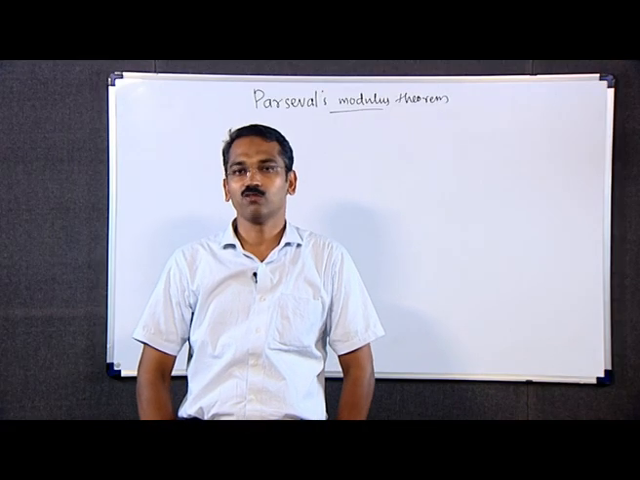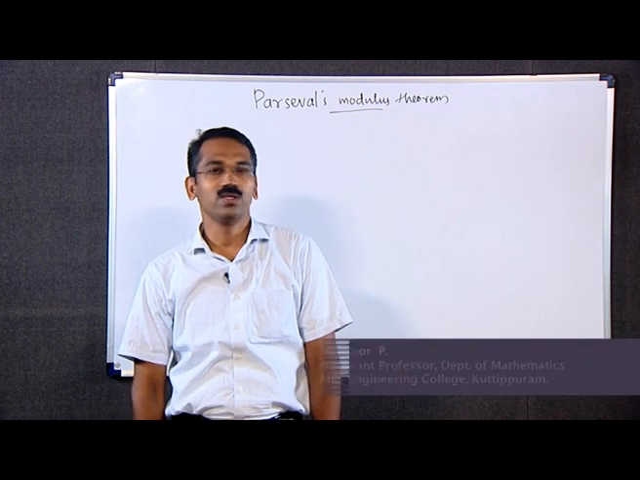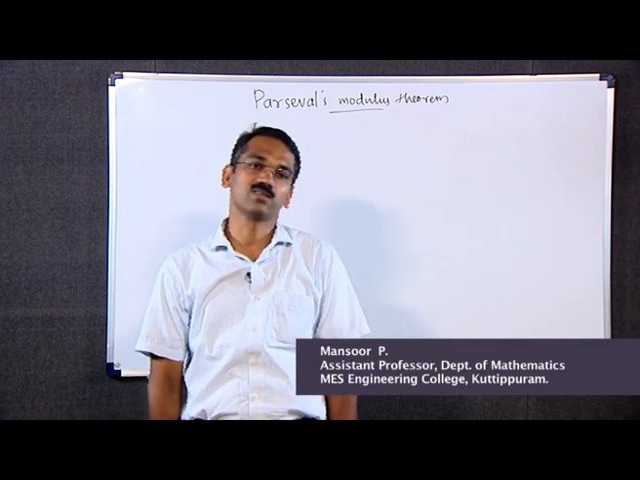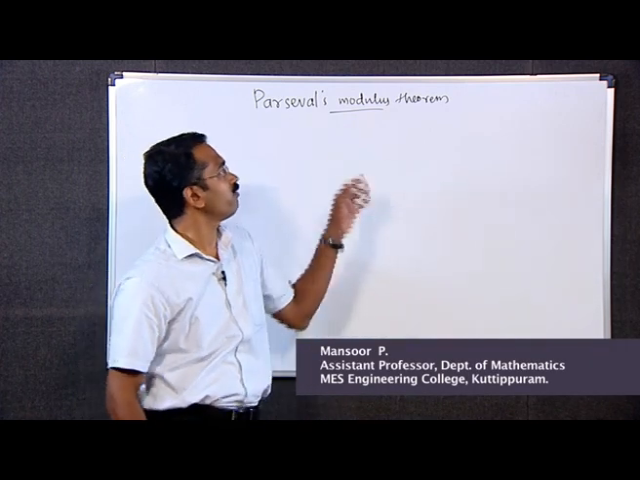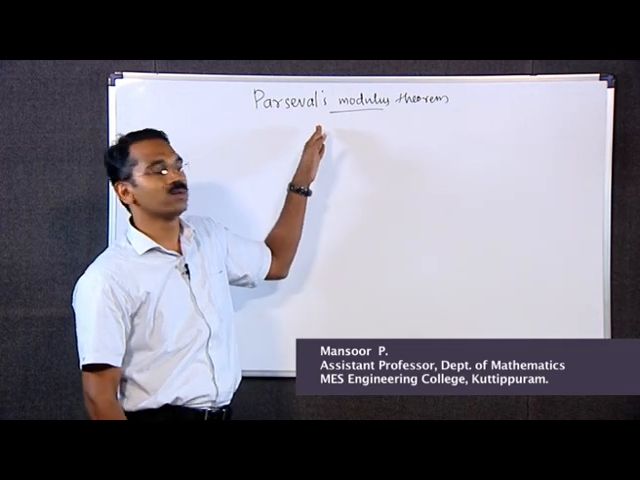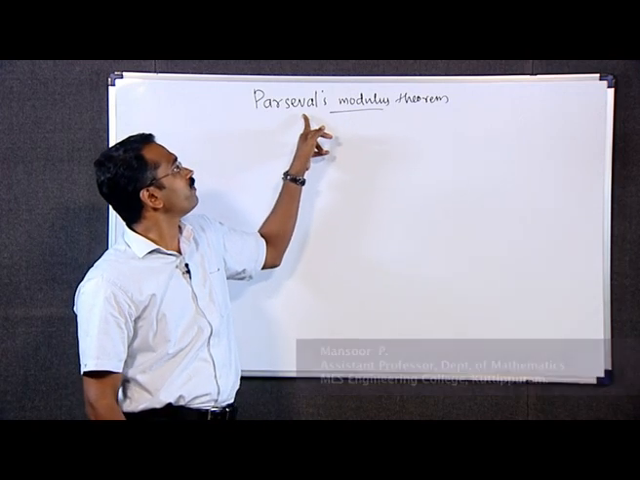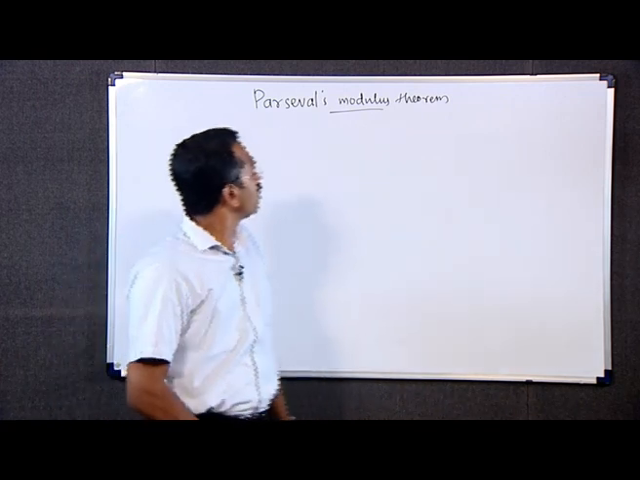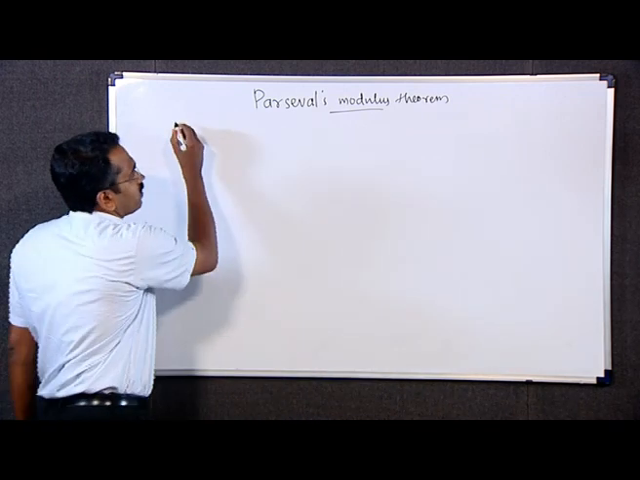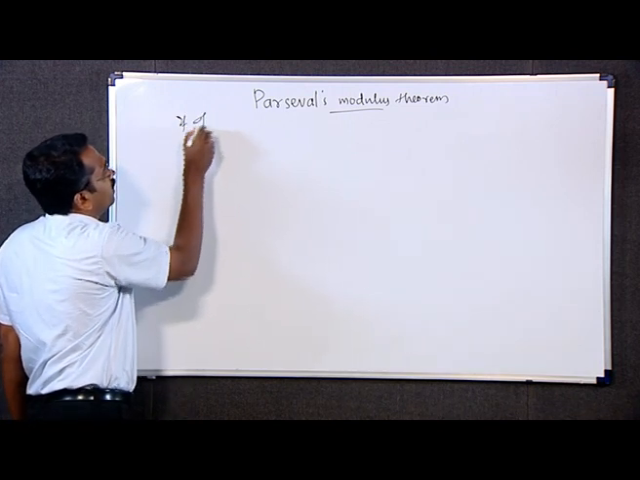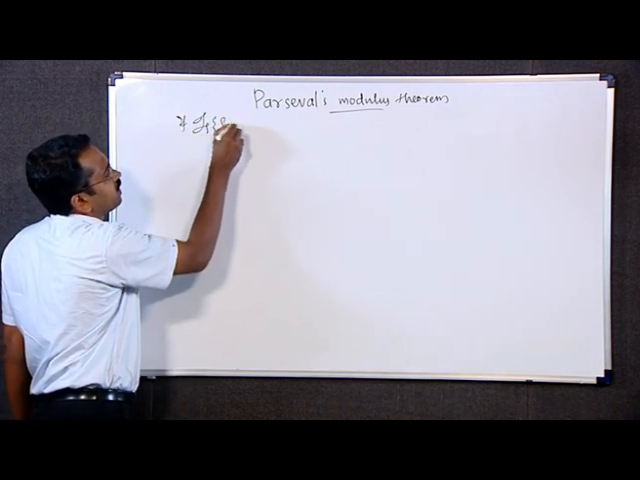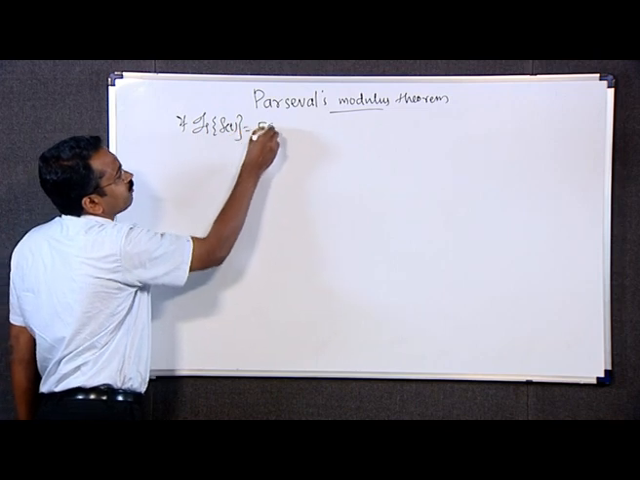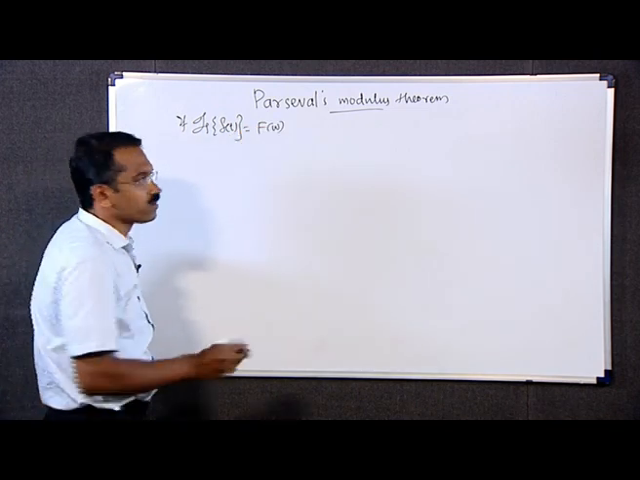Welcome back to the session on Fourier transforms. In this session, we shall discuss the main property of Fourier transform, which is known as Parseval's modulus theorem for Fourier transforms. The theorem is: if the Fourier transform of a function f(t) is equal to F(omega), then